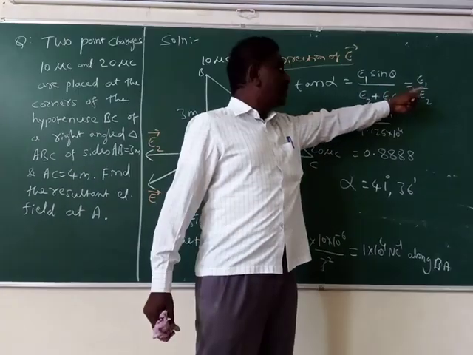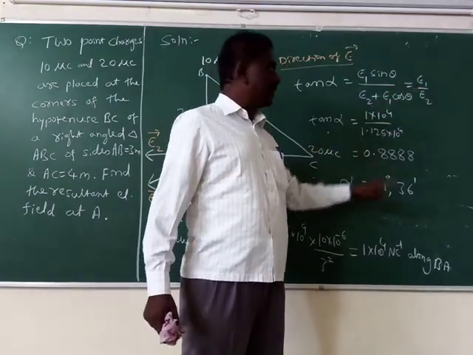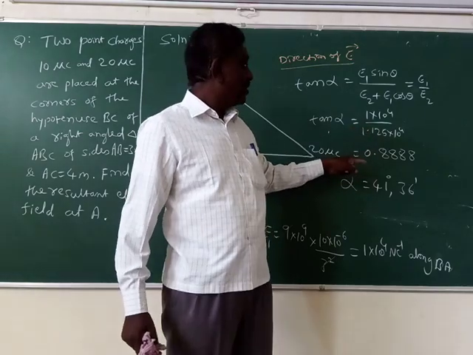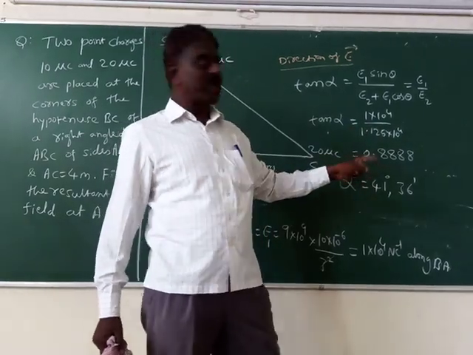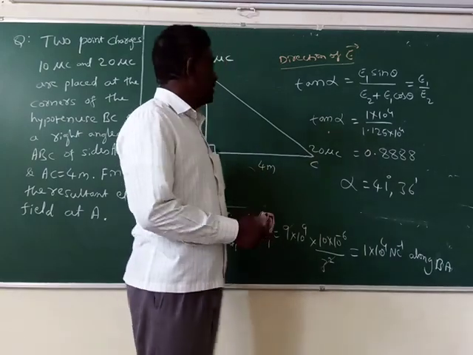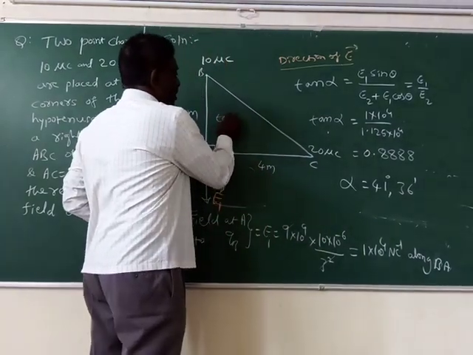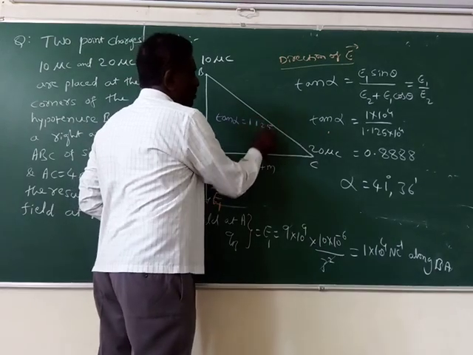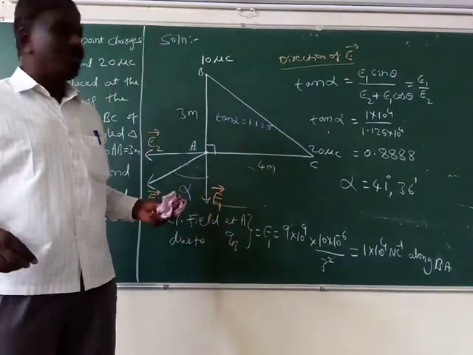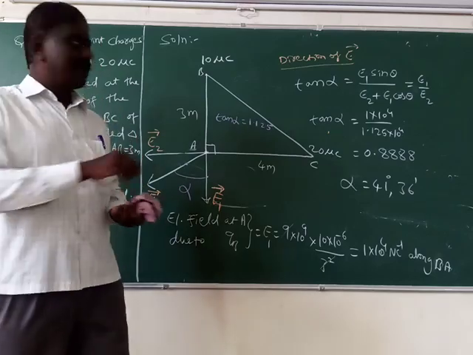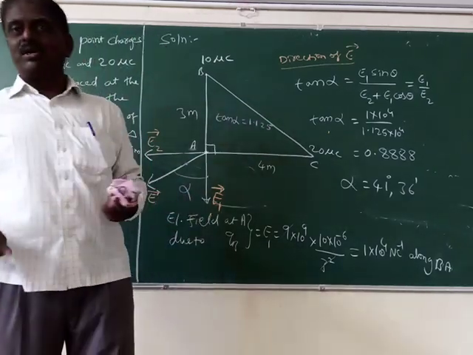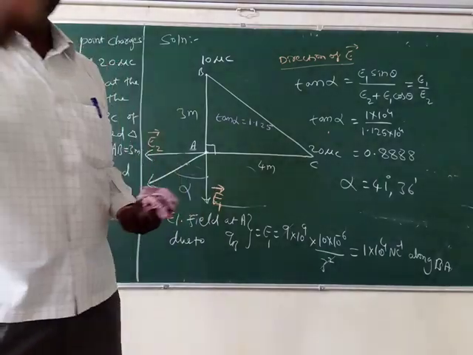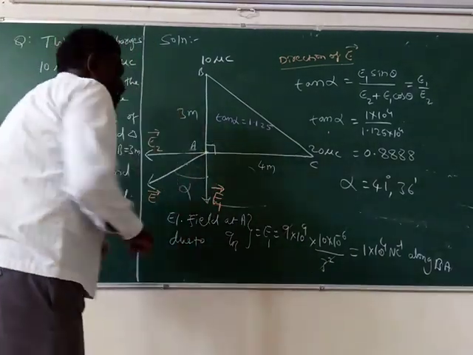It becomes tan alpha equal to E2 by E1, which is 1.125 into 10 to the power 4 by 1 into 10 to the power 4. The powers of 10 cancel, then tan alpha is equal to 1.125. If you search for this value in the log table, you will get alpha is equal to